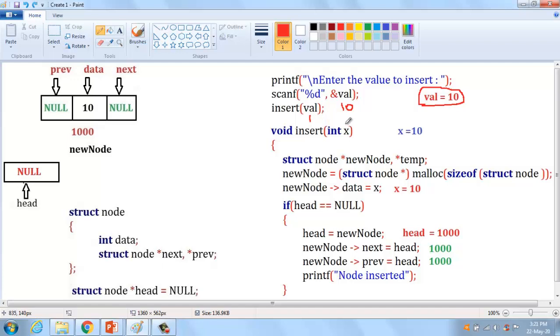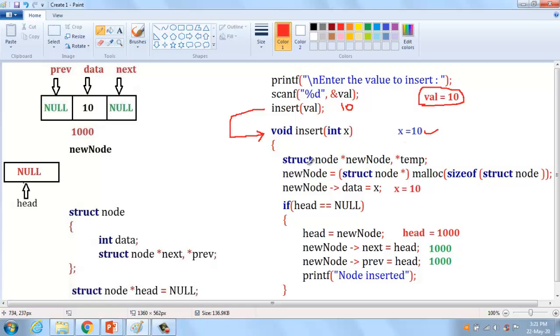This is where we call the function. When you call this function, it automatically comes back to the exact function definition, where void is the return type and insert is the function name. We define a user-defined variable called x. The value is 10, so it is automatically passed to x as 10. Have you understood this?